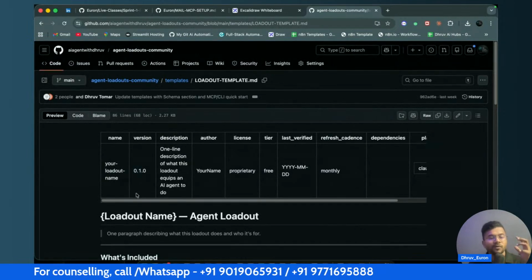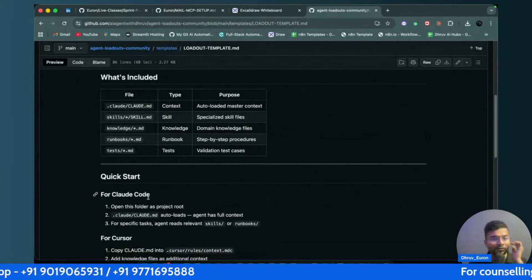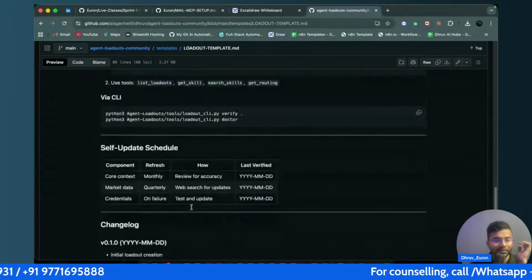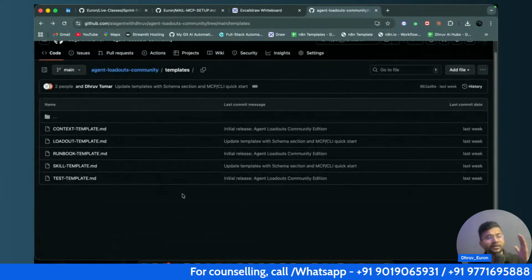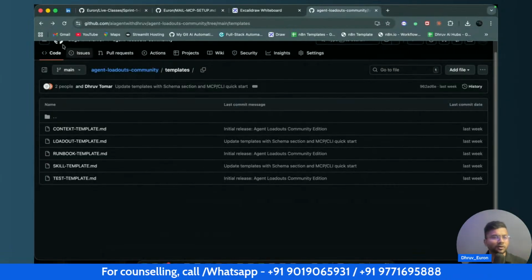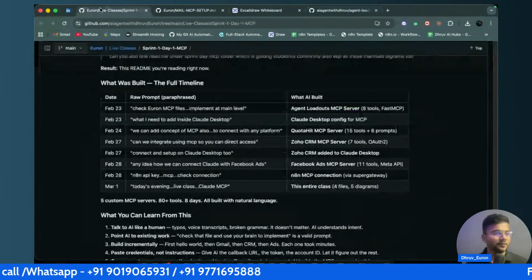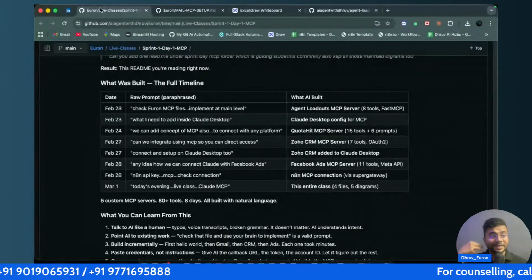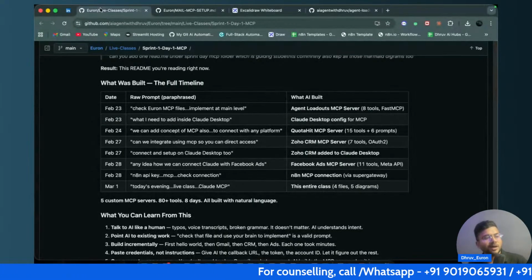It is just one more better step concept as compared to skills. Skills fix, but loadouts it knows. You can see all these things. Just copy and paste, download, and set up with your copilot. You need to give a context. Loadout is nothing but context, in a more smarter way. For example, it will update itself again and again every single time you do that. Just download the file, update it